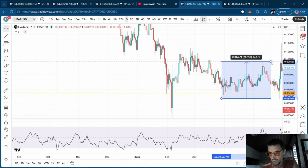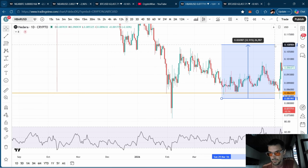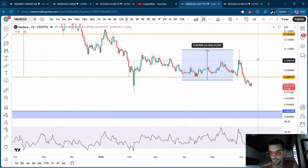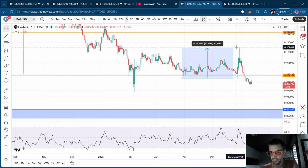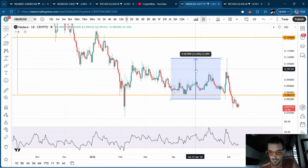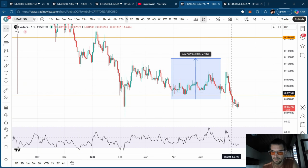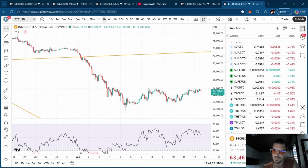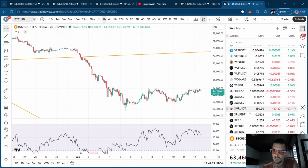And it even went higher. It did another 33%. I mean, obviously it doesn't compare to a 200% move. But still, a 33% move going into May, HBAR basically decoupled from Bitcoin. And then it gave it all back and went further down. And we could look at XLM as well. XLM had its own little impulse as well that was a bit aggressive,